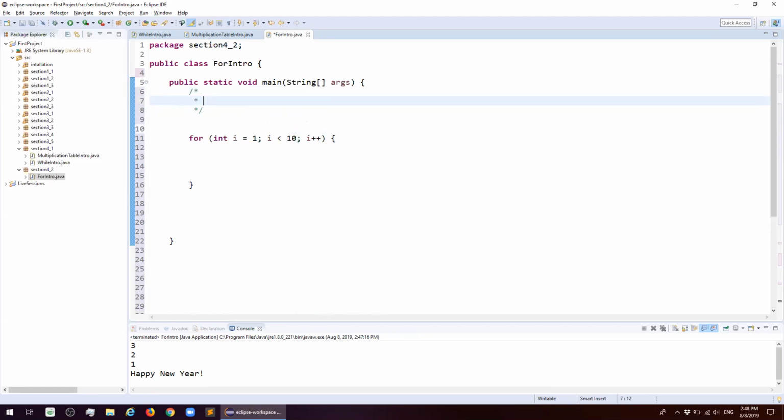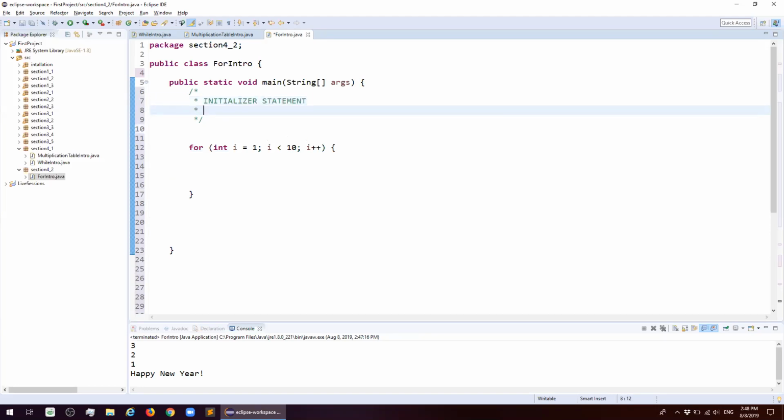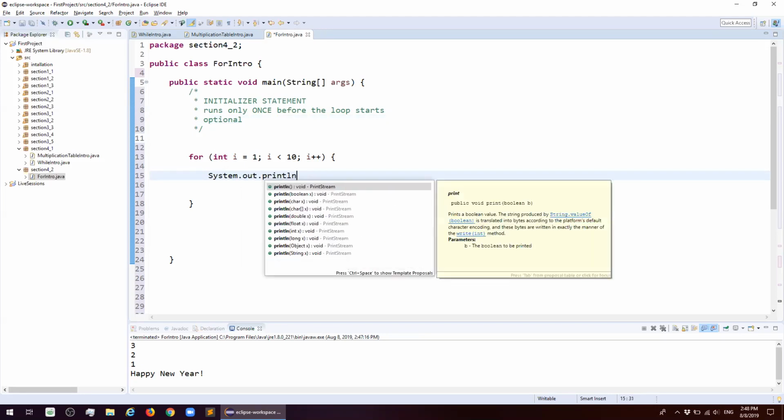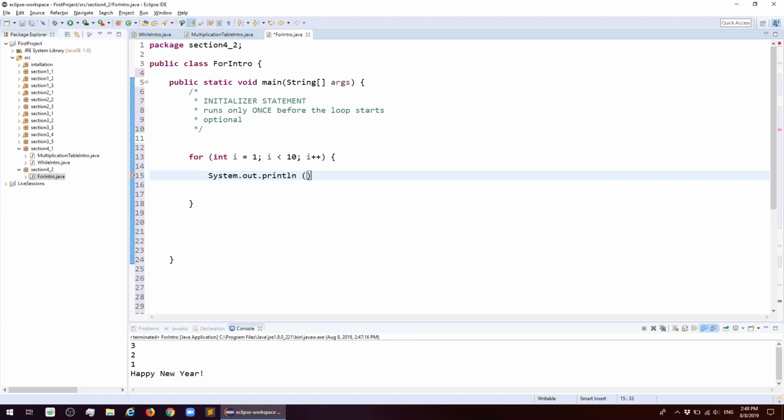Let's make comments. Initializer statement runs only once before the loop starts. Obviously, it initializes a value. I'm not going to put it in there. It is optional. Okay. Now, let's create a basic print statement, and we're just going to print the value of i. Correct? When we run this main method, which has only a single for statement inside, we have